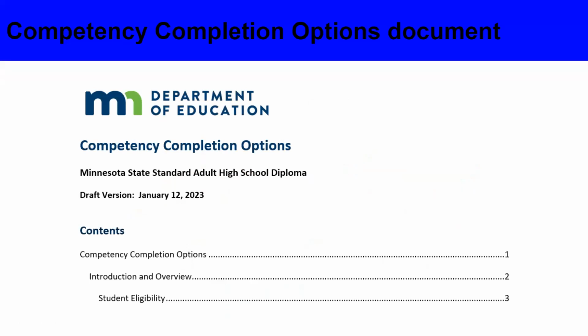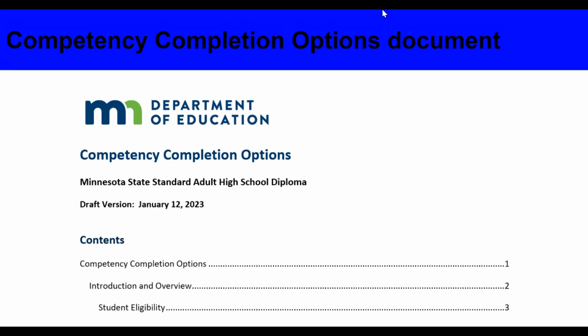Before we totally split out, we have one more big task to work on together, maybe individually, but a little bit of work time. That task is to take a look at the Competency Completion Options document. I'm going to have Astrid stick that document in the chat for you. Hopefully many of you already have a copy and have it readily available, that you use it often.